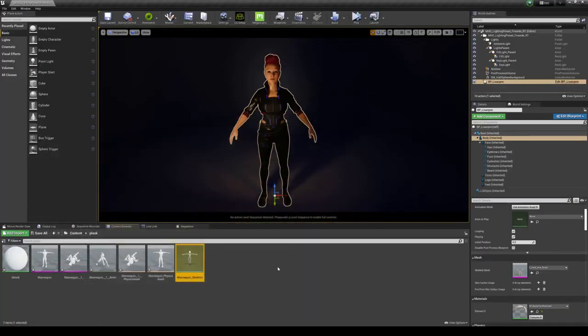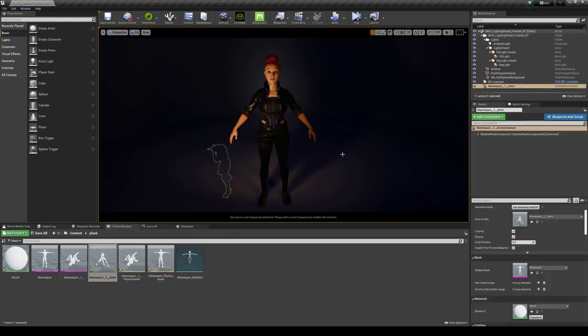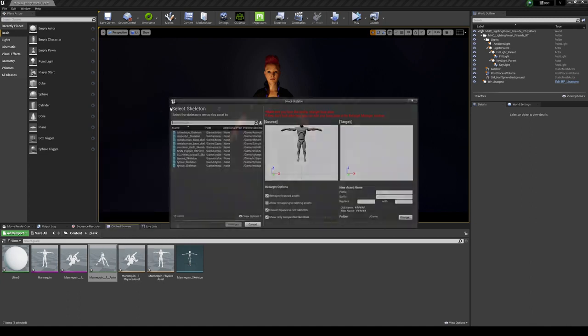I'll minimize this now. Okay, so the next order of business is actually dragging and dropping the skeletal mesh into the scene so that Unreal Engine can actually have the skeleton. I don't know, it's something weird. So if I go to this mannequin, I'll drag and drop that here, and then all I have to do now is delete it. Okay, after that, we're going to right-click that animation, retarget anim asset, duplicate anim asset, and retarget,